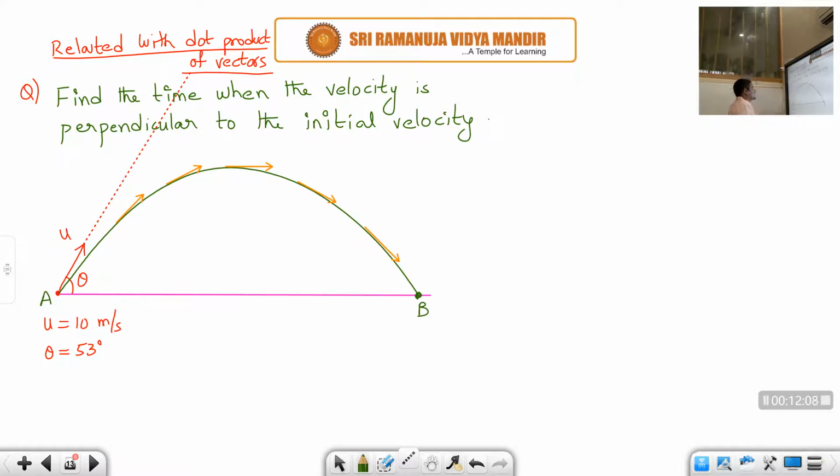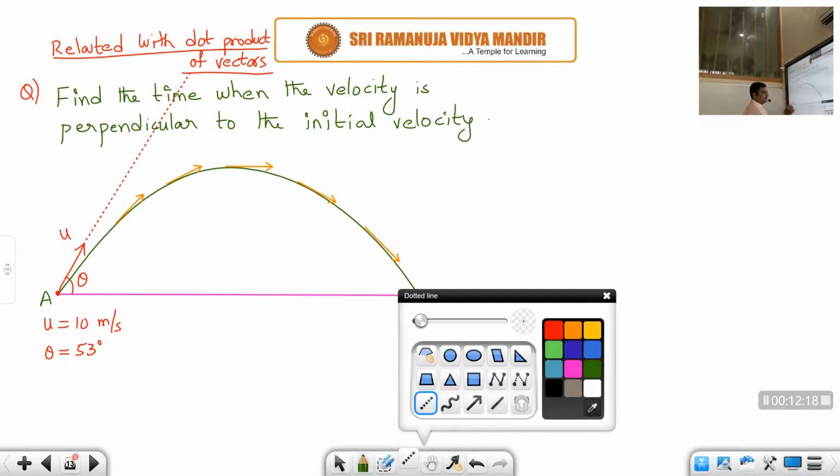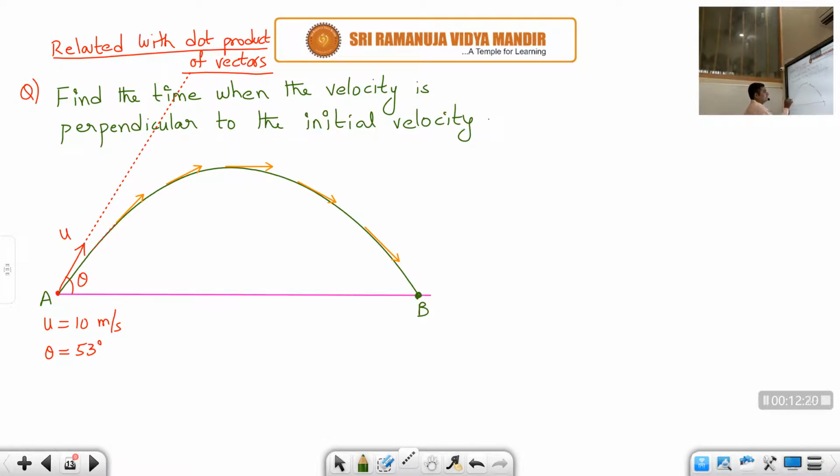So now there will be one velocity vector which is perpendicular to this red color initial velocity vector. Now if you see the second velocity vector, if you extend this back like this, is the angle between these two 90, students? No, it is not 90, it is some other. Same way, if you extend the second vector also like this, it is not 90. If you extend this one also, it is not 90.